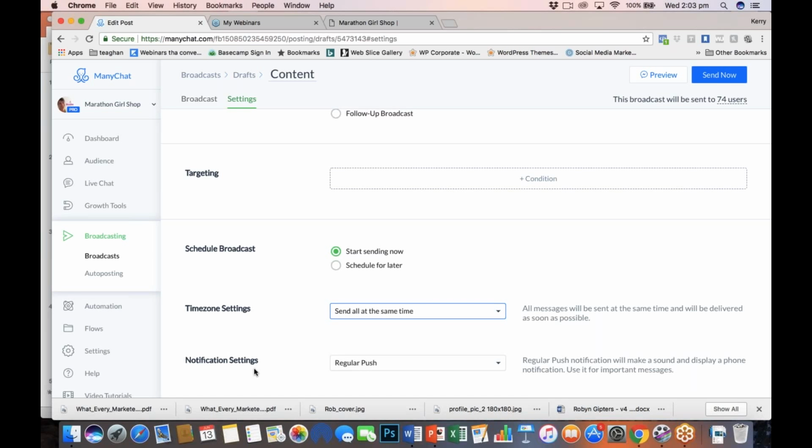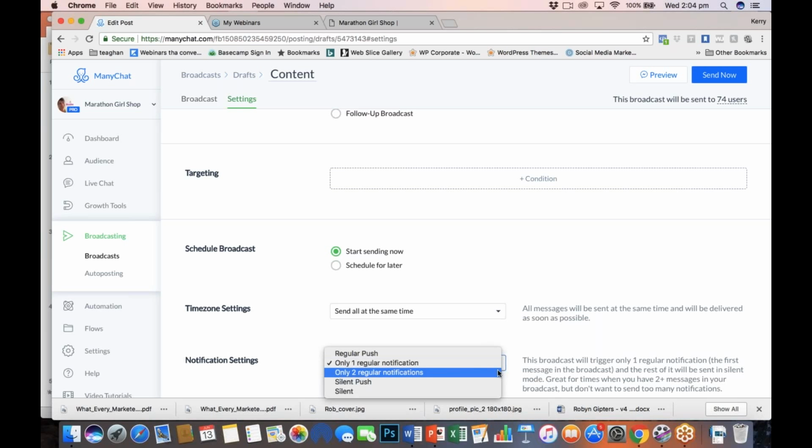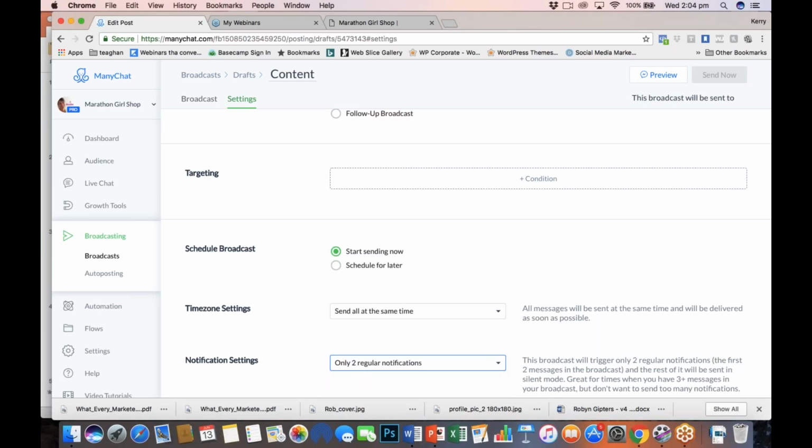The regular push has a sound, one sound, and a display on the phone. You use that for really important messages. You've got the regular one notification, where the first one goes out with the ding and the rest will be sent silently. This is great if you've got two or more messages going out. You don't want it going ding, ding, ding and annoying the user, because they will unsubscribe. You've got the only two regular notifications, so ding,